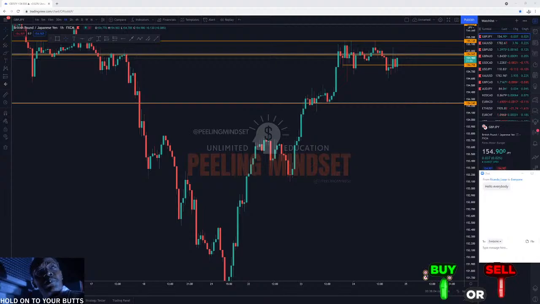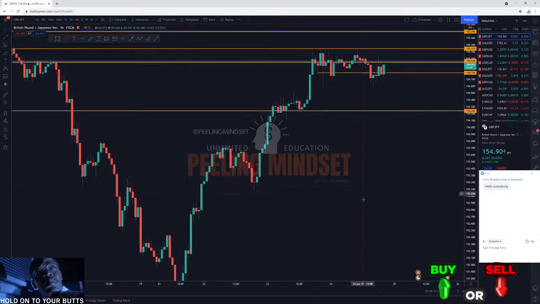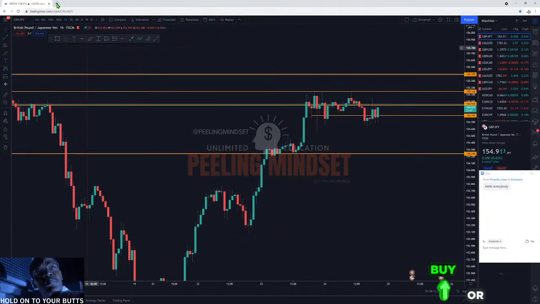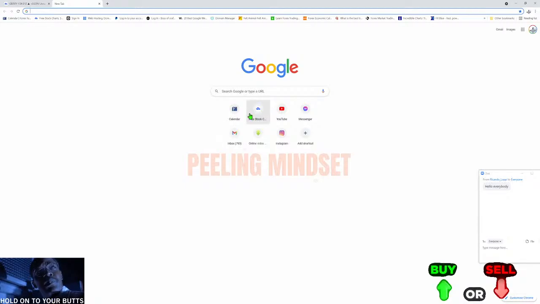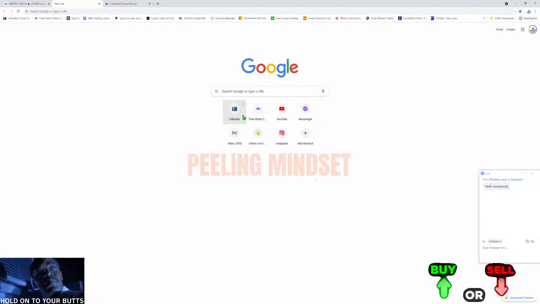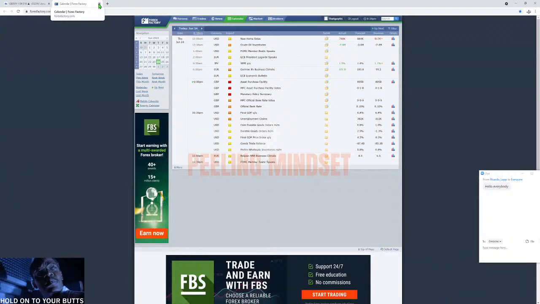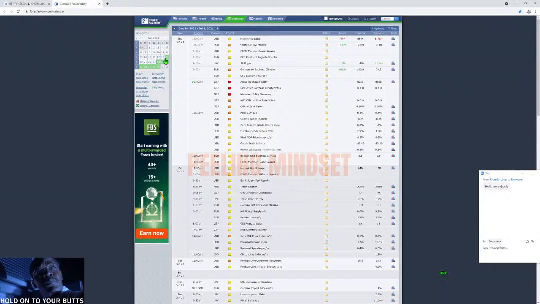Trying to set up my terminal here. Okay, so this is what we're going to do. Obviously we know we have this interest rate and all of this monetary policy happening today. Just give me a second. It looks like we are about to see monetary policy, interest rates, and all these news and summary